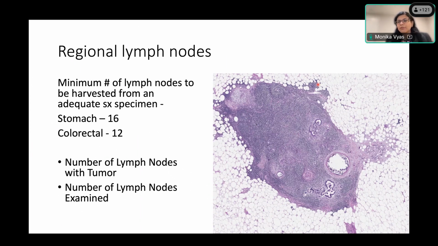And sometimes you may feel that you have 12 lymph nodes and you've met the requirement, but then the surgeon will come back and say that, oh, for this case, I had done a high ligation and I expect more lymph nodes. And it's prudent to go back, because again, it's not just about finding 12 lymph nodes, it's trying to sample all the lymph nodes. So whenever we are talking to trainees, the emphasis has to be that you try to submit all possible lymph nodes and not just try to reach a number and stop. So that is a very common misconception. And it's important to re-emphasize this with the prosector so that they don't stop at the given number of lymph nodes.